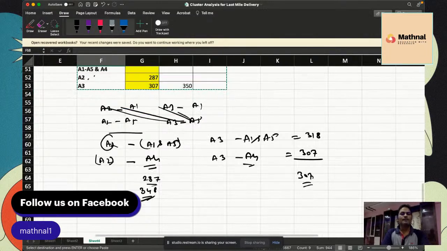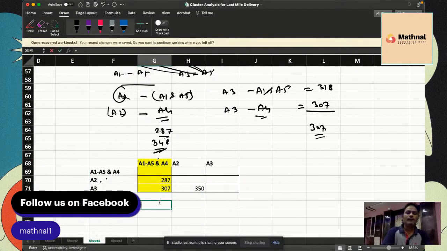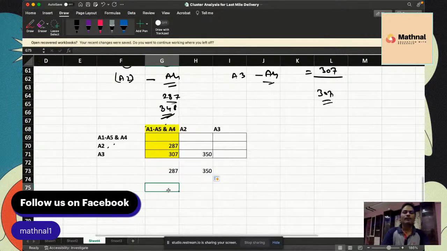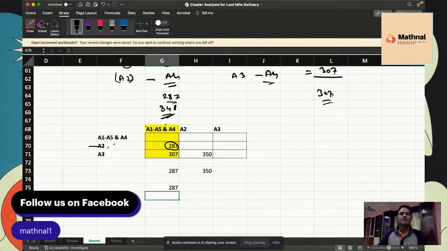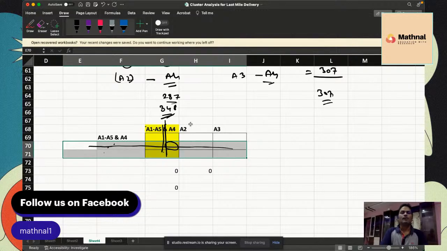This is our new cluster. Okay. So now we'll find a minimum of again. Min of this 287 and 350. Again, we find the min of these two. It is 287, and 287 is present in over here. So this is A2, right? And we are going to remove this time A2. So this will be removed. This will be removed. We're going to be left with